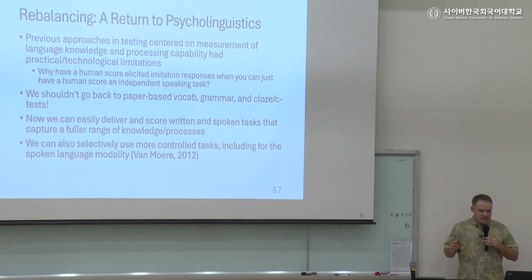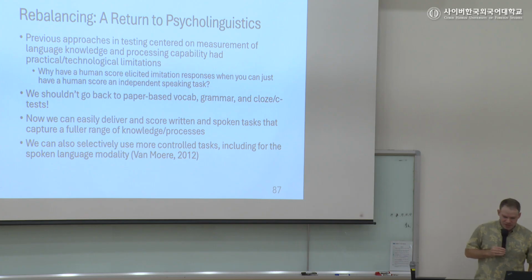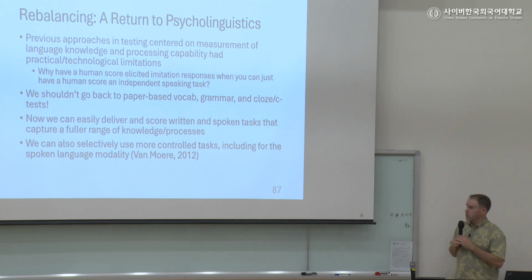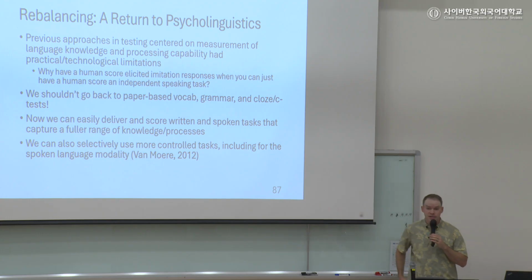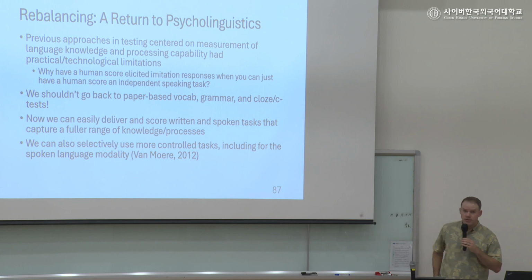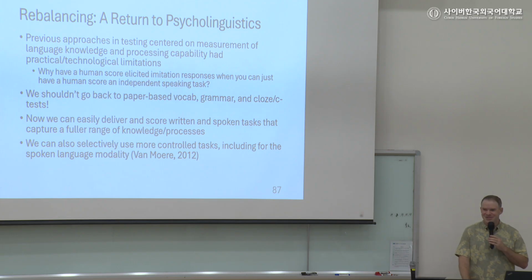So kind of rebalancing here, can we, as a field of language testing, are we going to see more of a return to psycholinguistics? Maybe we already have. Alistair Van Moere, who has been working on the Pearson Test of English for over a decade or so now, wrote something to this effect in 2012. Before Duolingo was the popular test to criticize, it was the Pearson Test of English. There were some pretty vigorous debates in Language Testing and Language Assessment Quarterly after that test came out. And Van Moere wrote something that,